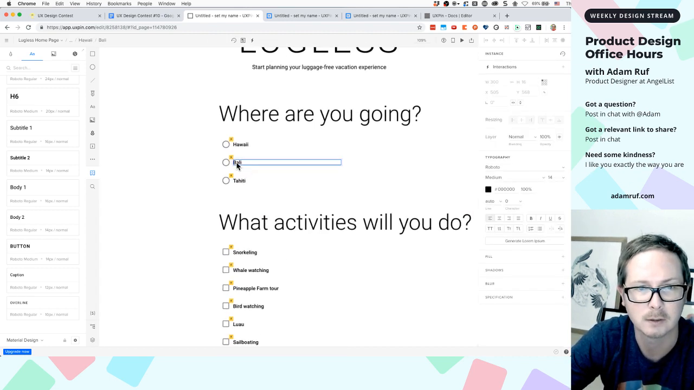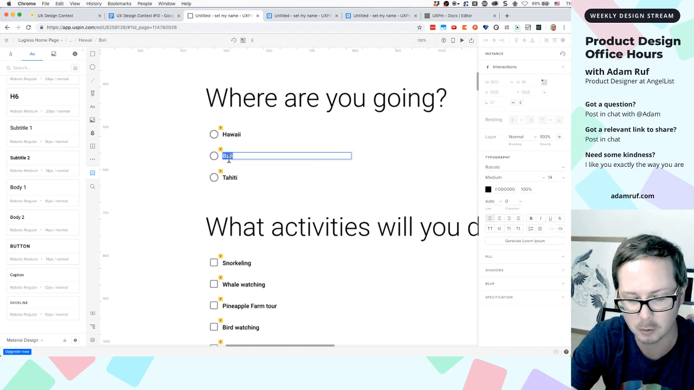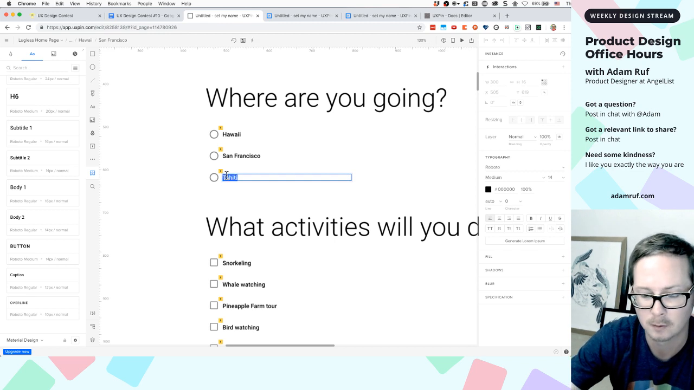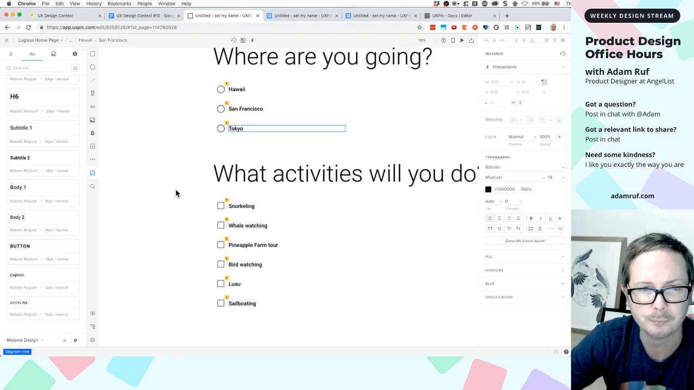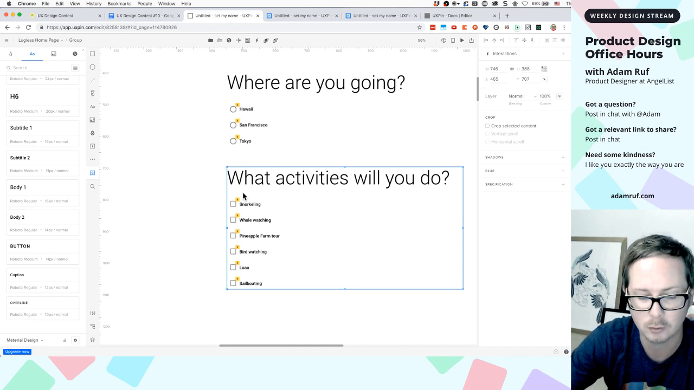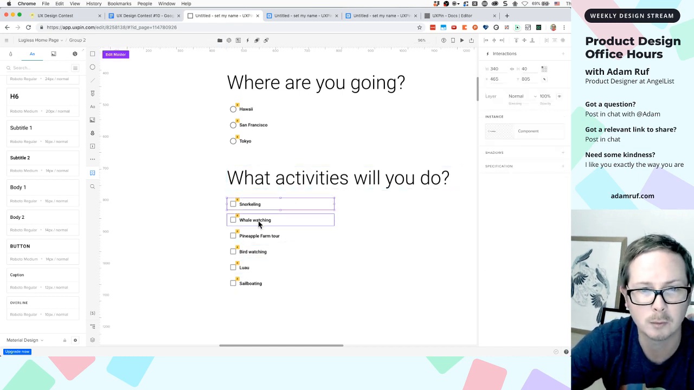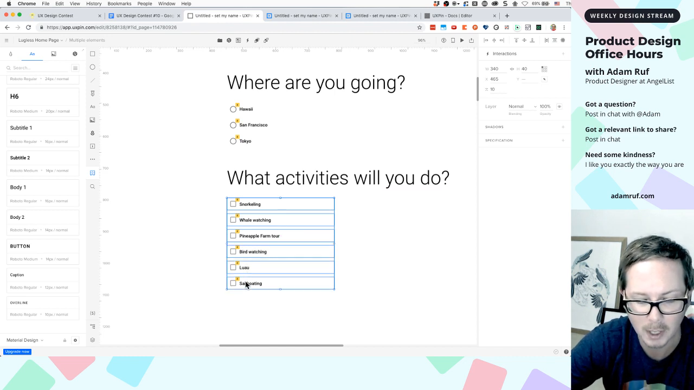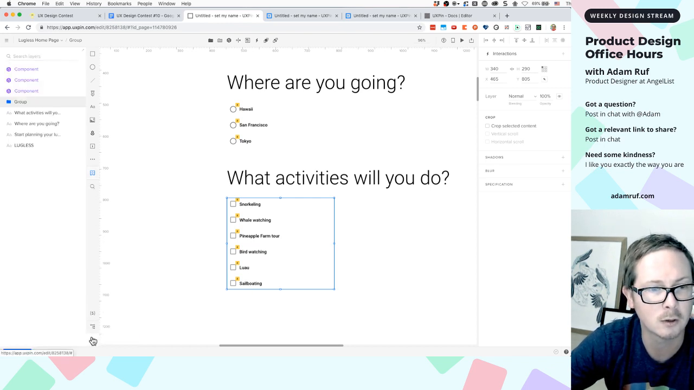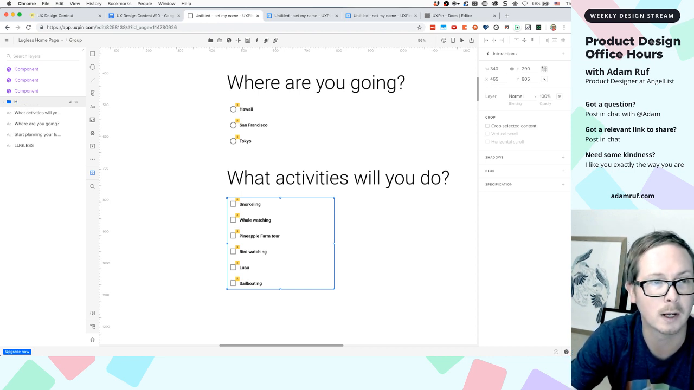Let me actually make these a little different. Let's do something else. Hawaii, San Francisco, Tokyo. There we go. And then what I'm going to do, I'm actually going to ungroup these. I'm going to group these options together and I'm going to try to tie them together with Hawaii. So let's see, where can I name this group? In my layers, this group is going to be called Hawaii